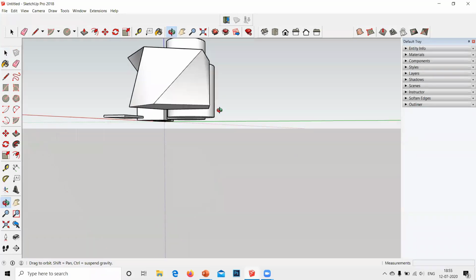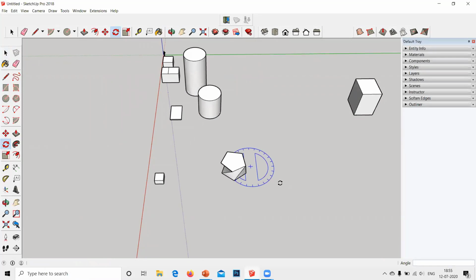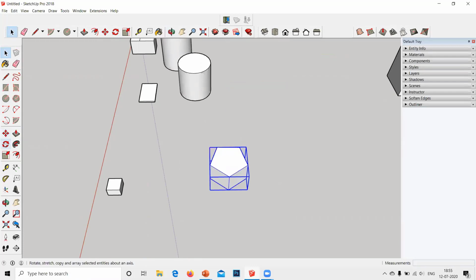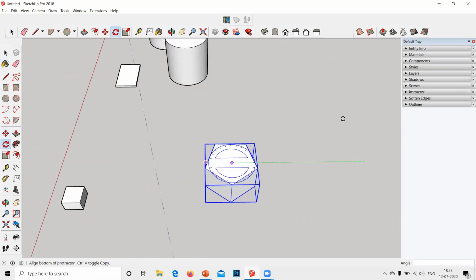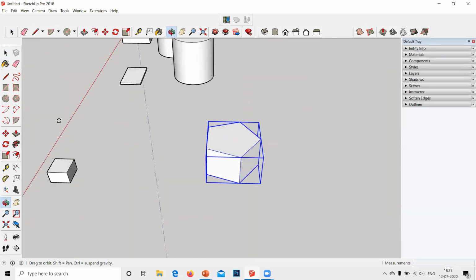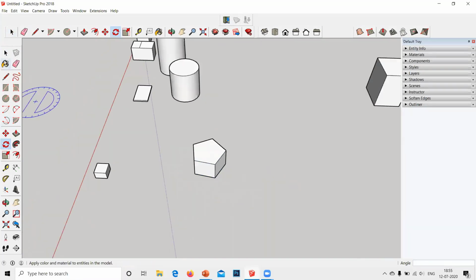This portion remains the same because the whole thing was not a group or a component. Undo. I'll just quickly create it as a group. Now if I try to rotate it, now the whole thing is rotating. So I hope you understand how this rotating works.